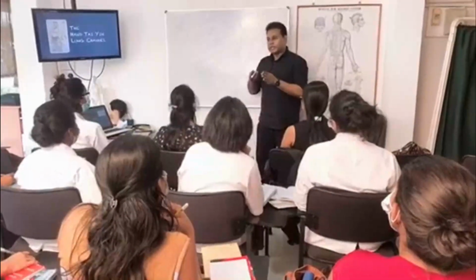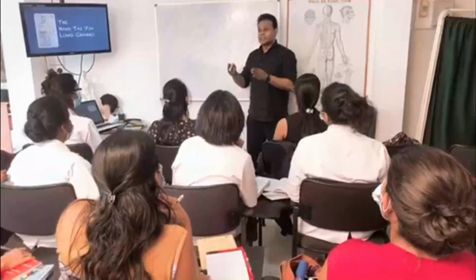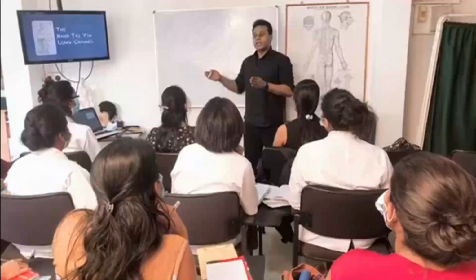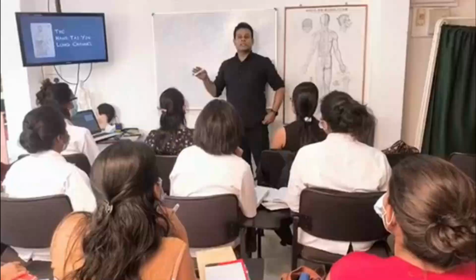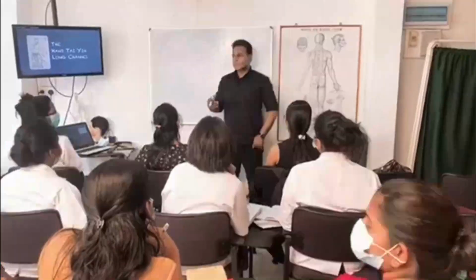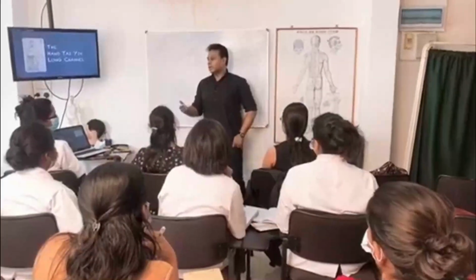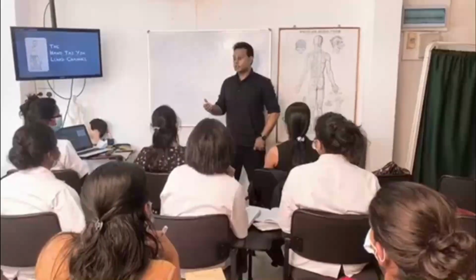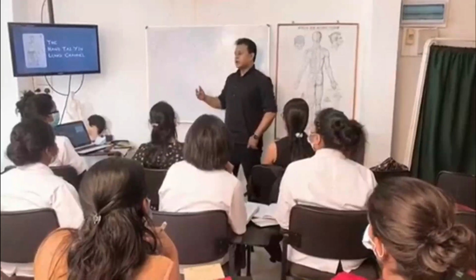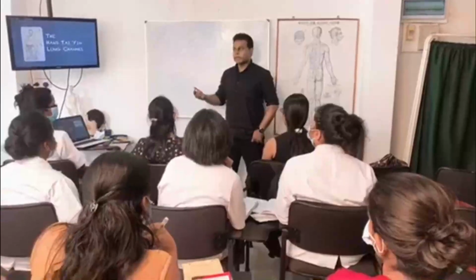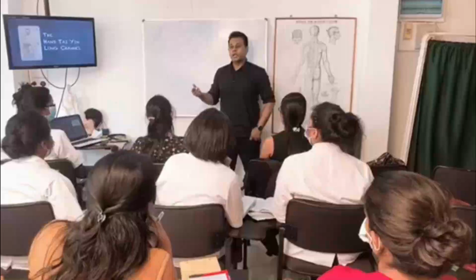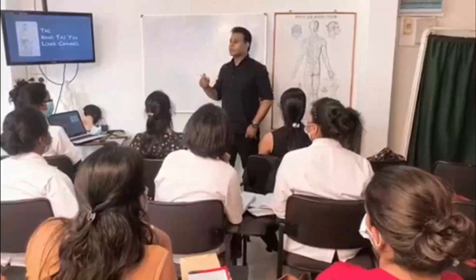These acupuncture points are connected to an acupuncture channel, which is called a meridian or pathway, and these pathways are connected to internal organs. The main function of these acupuncture points is to balance the pathological changes which are occurring. Your main idea is to learn all these acupuncture points in detail in order to get the maximum therapeutic result. When we come to acupuncture points, you have to learn the precise location of the points, their indications, and how you are going to use different manipulative techniques to stimulate these acupuncture points.